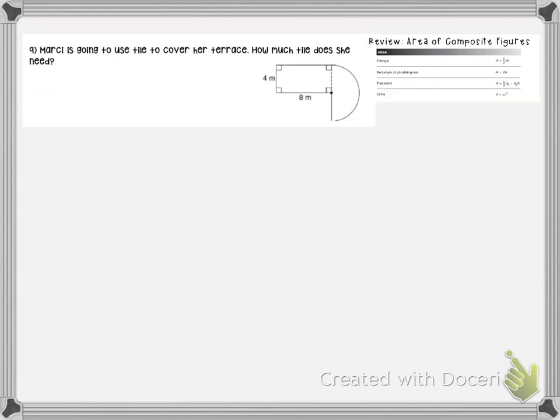And then number 9, Marcy is going to use tile to cover her terrace. How much tile does she need? So it's a word problem, but really it's what we've been doing. We have 2 figures here, which is a rectangle and a semicircle. For semicircles, we cut in half. So I'm going to do the semicircle with you, just to make sure we understand how to do semicircles, and then you can do the rectangle and finish the problem on your own. So we don't have a semicircle formula, but we do have a circle formula, which is